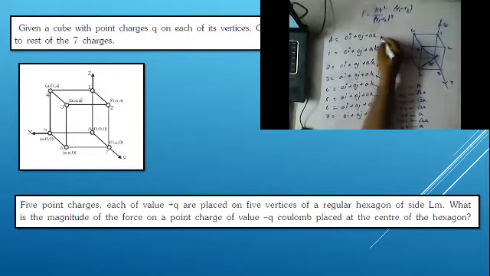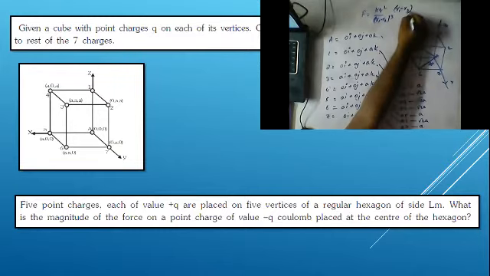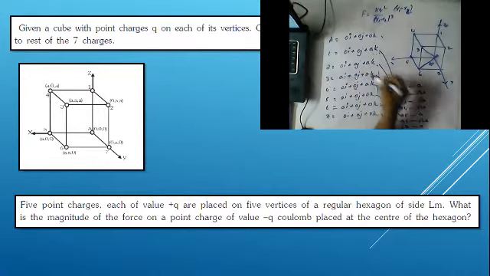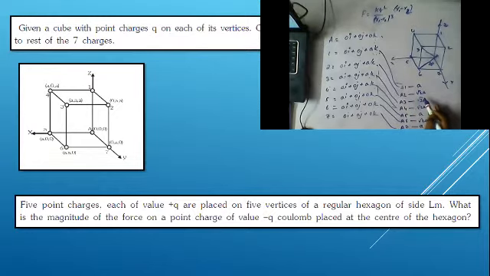So our formula is R1 minus R2. In all cases this is R1 and this is R2. Here you are getting minus AK, here minus AJ minus AK, here minus AI minus AJ minus AK. Like that you should write all of them. This is the R1 minus R2 value: R1 minus R2 is equal to a, root 2 a, root 3 a, root 2 a, like that. I hope you all understood.